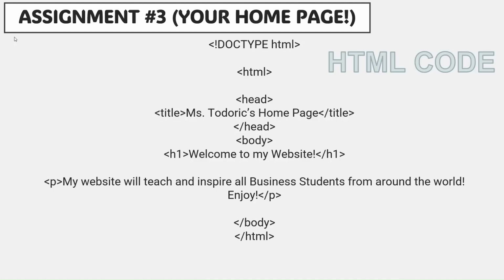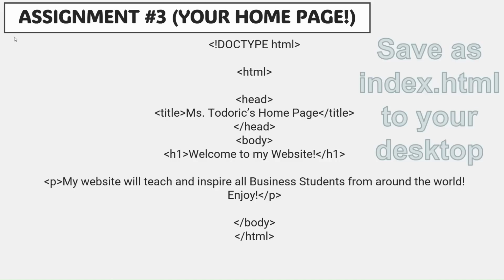So you'll see I put Ms. Todoric's homepage within the title. Welcome to my website. That's going to be the heading. P for paragraph. And I started typing just one sentence. I don't have a paragraph. And then I close the tags and then close the HTML tag. You're going to save it as index. And at the end of this video, you'll see a sample